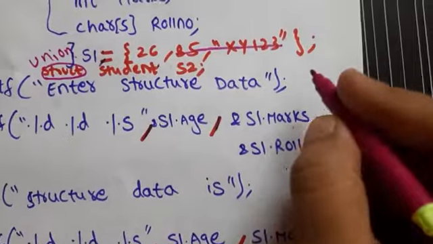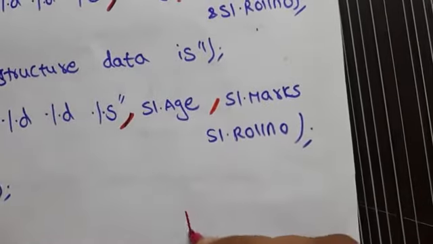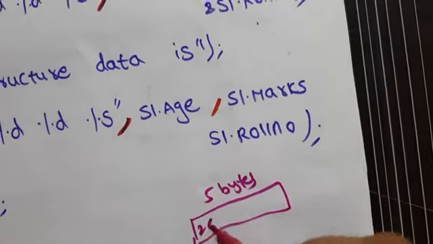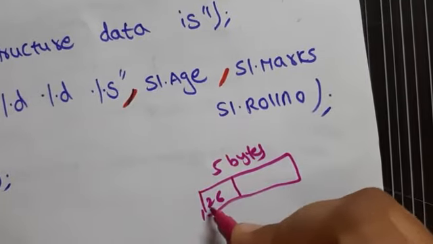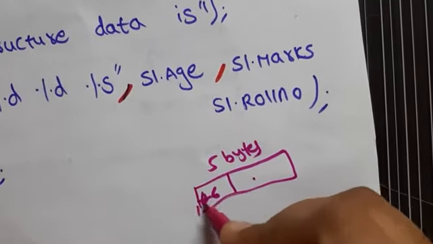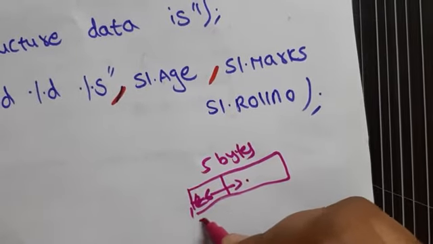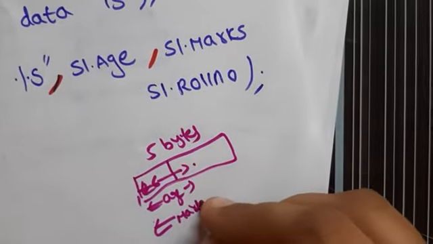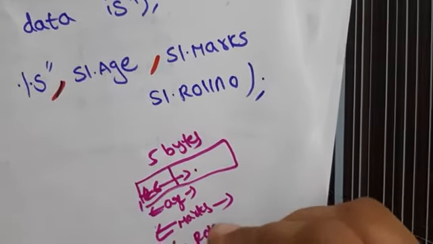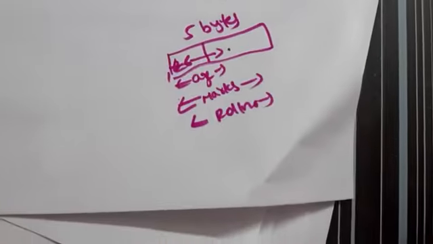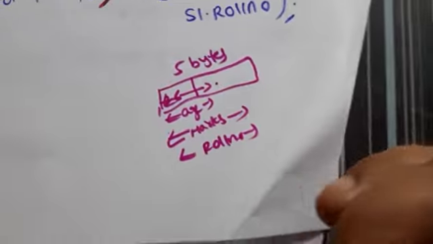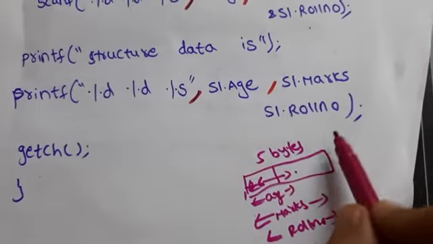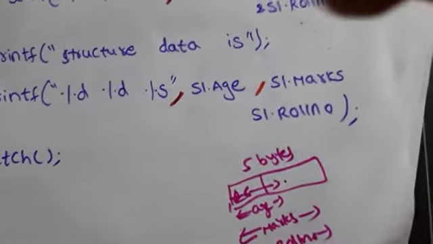When you scan all three, what will happen? Just observe. The first 5 bytes will be taken. First, if you scan age, it will be occupied. Even if you have space, it is not going to store in the next place. It is going to start again from here and override the data. Next, marks, overriding of data. Next, roll number, in the same place you are going to occupy the data, not in the next place. So all three will be scanned, but you are not going to get the appropriate answer at the last. So when you print, you are not going to get the proper values you have taken while scanning the data. This is the difference between structure and union.